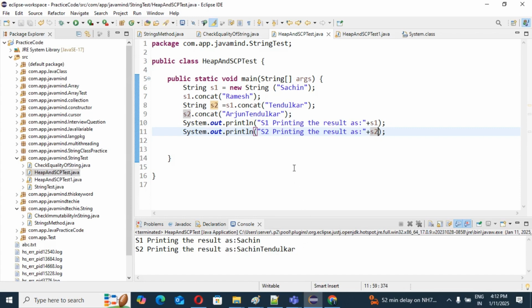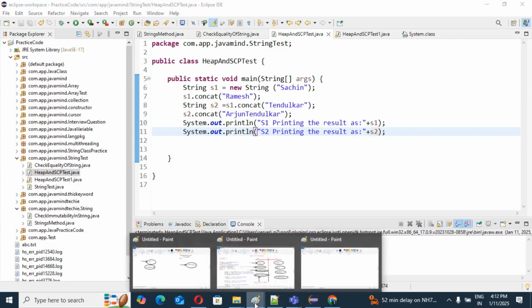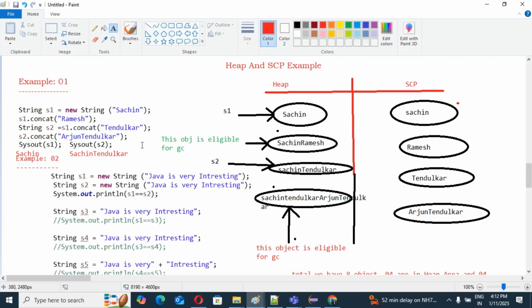So guys, I hope you understood what I want to explain to you. This is the first example. If you have such clarity in your mind, then you will not face any problem in any place. In your project, in your interview room, or if you are going to explain to someone, if your clarity is clear, then you can explain very easily to anyone. Okay, so guys, that is the first example.